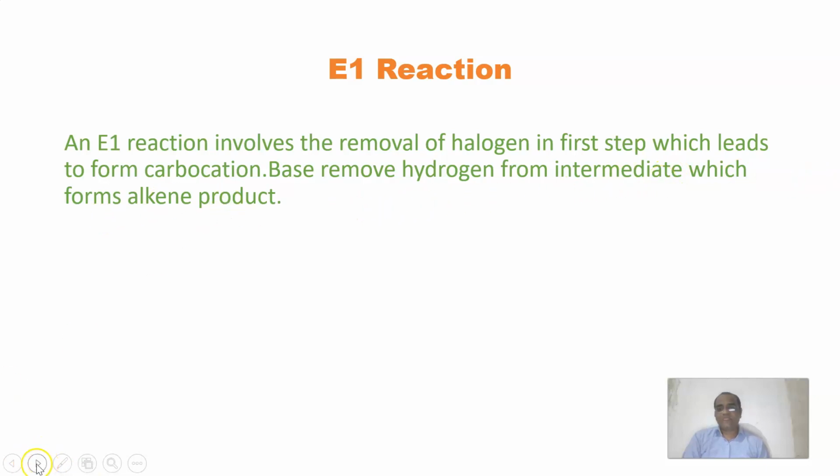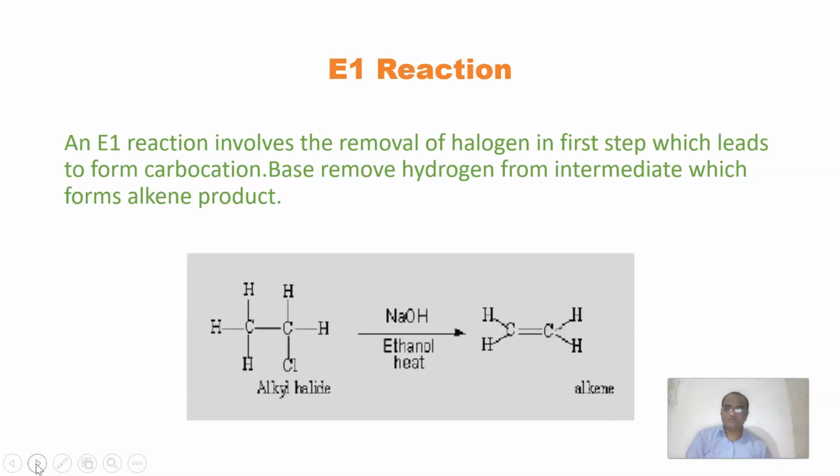So similarly, like in the case of elimination 2, again there is an alkyl halide, and the alkyl halide converts to an alkene. But the mechanism is different, or we can say the steps are different for both reactions. Both reactions are similar, in that from alkyl halide we get an alkene, right? But the manner is different. So E2 elimination is bimolecular and one step, while E1 is a two step mechanism. Right? Again, the similar thing is that the base removes hydrogen from an intermediate.